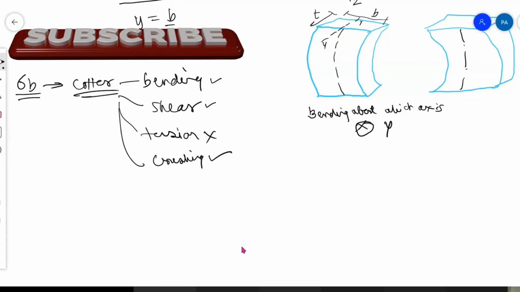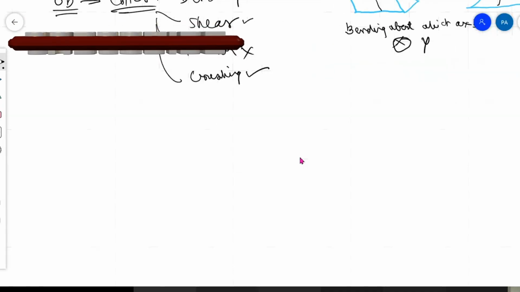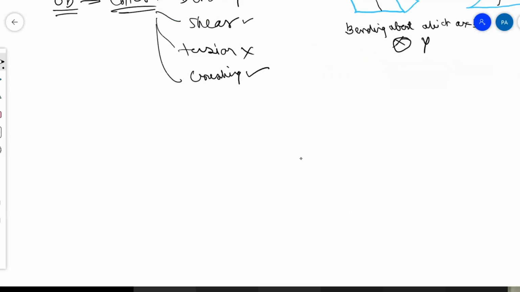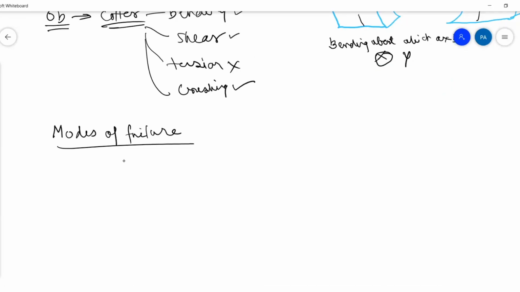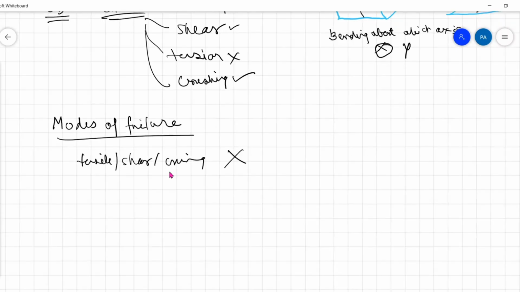Today I will explain modes of failure. What are the various modes of failure? That is another topic in your syllabus, and each one of you should know what are the various modes of failure. If you ask some people, they may say that tensile, shear, crushing, these are the modes of failure. No, these are not the modes of failure. Okay, the modes of failure are